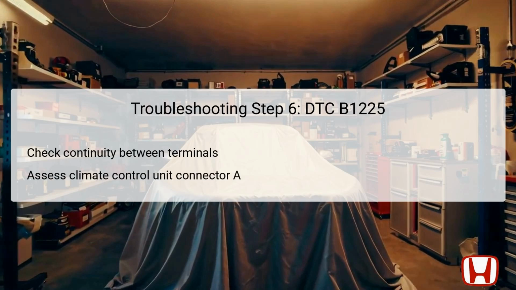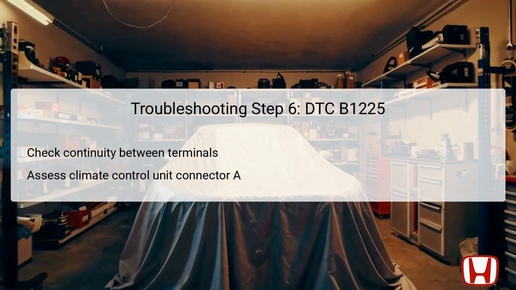The next critical step involves checking for continuity between the climate control unit connector A, 28P terminal number 26, and the in-car temperature sensor 2P connector terminal number 1. Continuity refers to the ability of an electrical circuit to conduct a current. By ensuring continuity, technicians can confirm that electrical signal transmission is intact between the climate control unit and the temperature